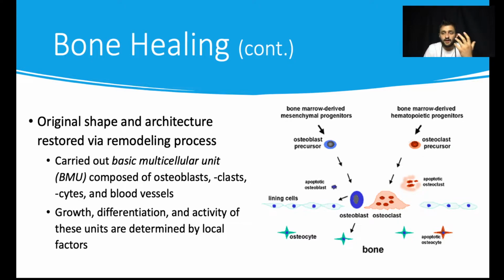And so you'll note that the osteoclasts come from the monocyte or macrophage lineage, while the osteoblasts and osteocytes are derived from pluripotent mesenchymal stem cells. So factors affecting the BMU activity are things like growth factors, cytokines, and different mechanical signals, and that is a